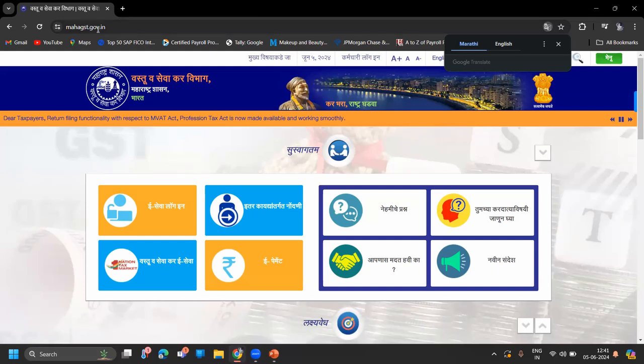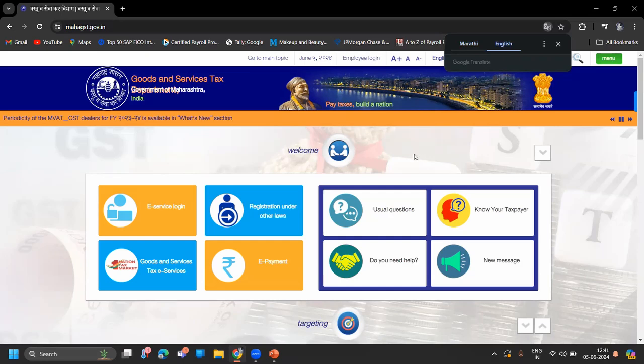mahagst.gov.in. We are doing this for Maharashtra, so this is the Maharashtra portal. If you are doing it for another city, you have to search according to your city for the PTC payment. We are doing it for Maharashtra, so the Maharashtra professional tax portal will be